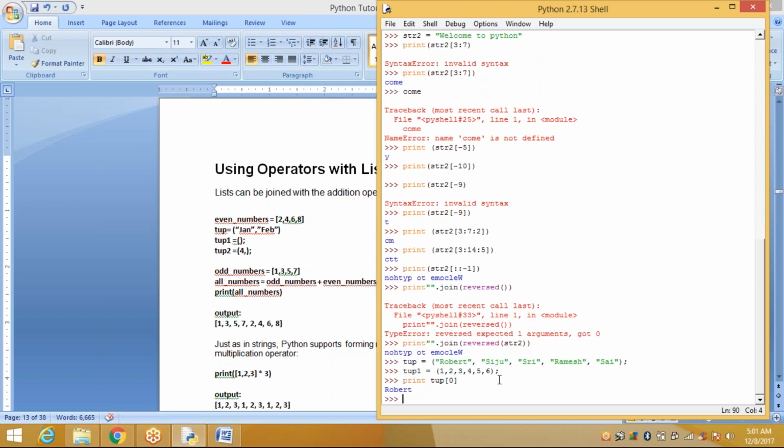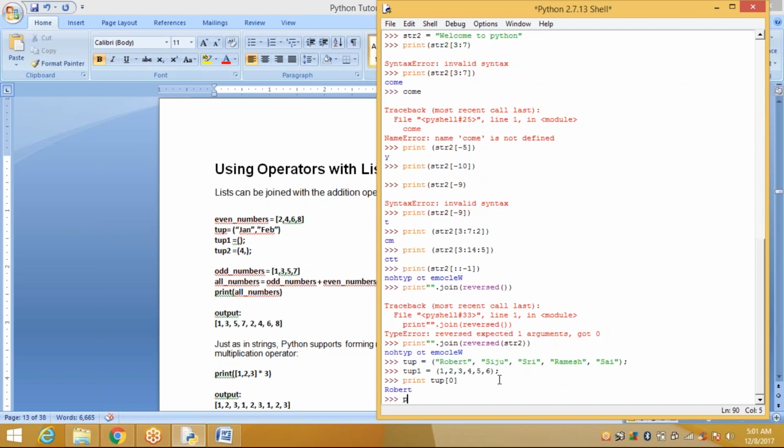Robert. You can apply the types we have: indices, slices, range, and concatenation. You can apply these to tuples also. So print tuple array of 0 is Robert.